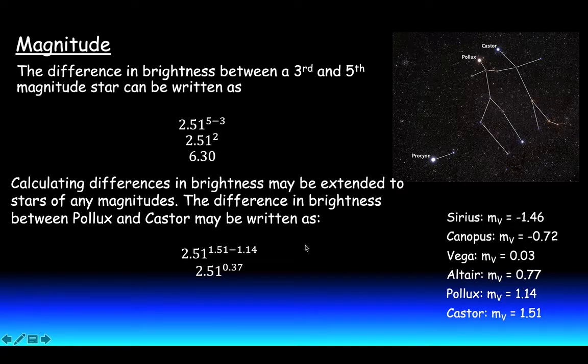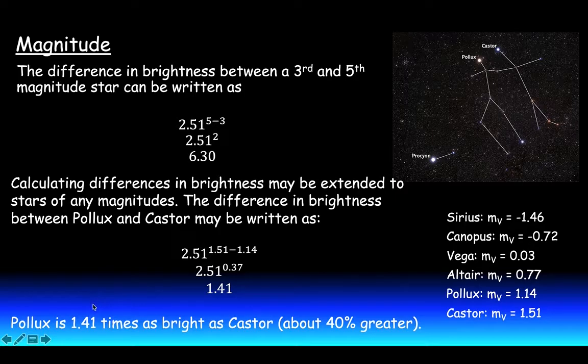I could say that's 2.51 raised to the power of 1.51 minus 1.14. I put that in a calculator, I get 0.37. When I actually then put that in a calculator, because I would not bother solving this by hand, I get 1.14. So I could say that Pollux is 1.14 times brighter than Castor, or about 40% greater than the brightness